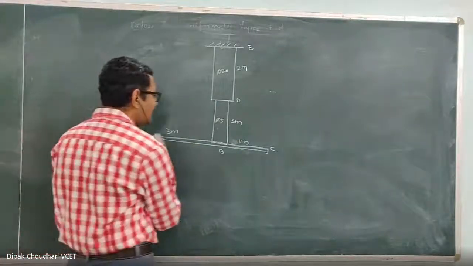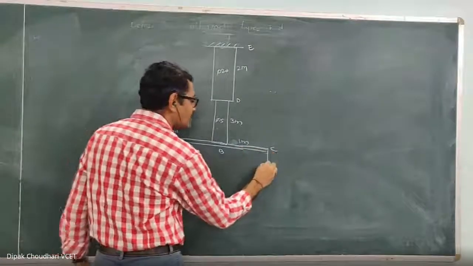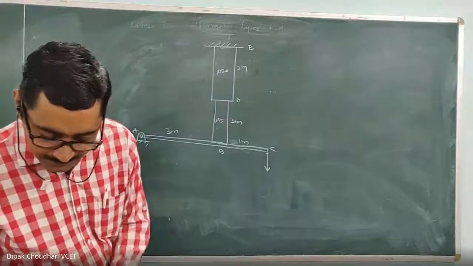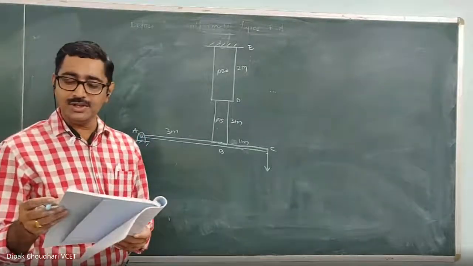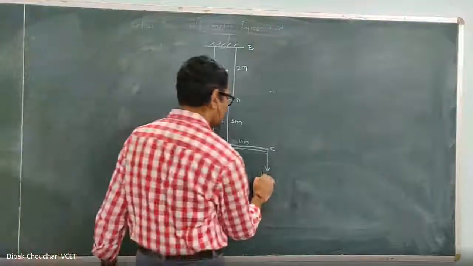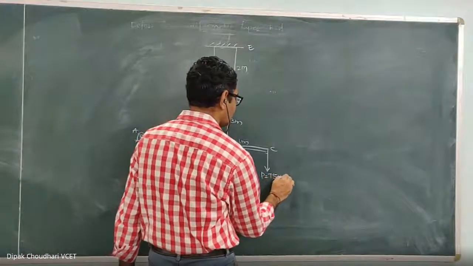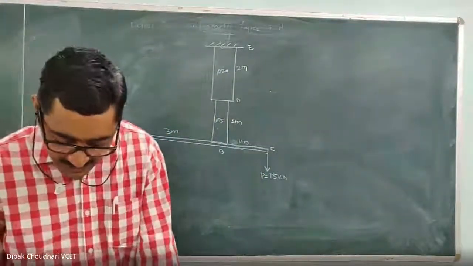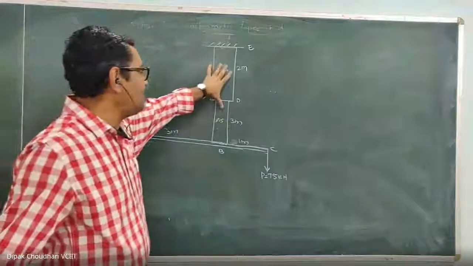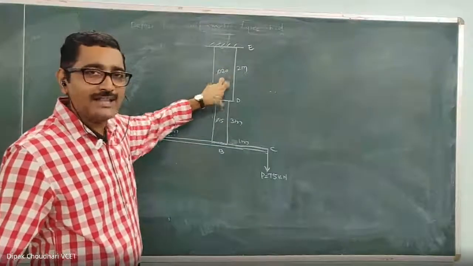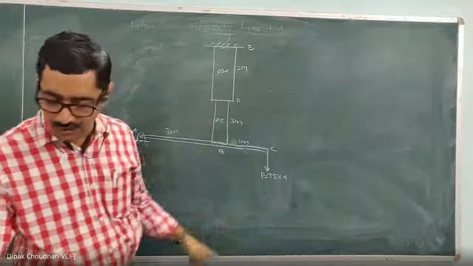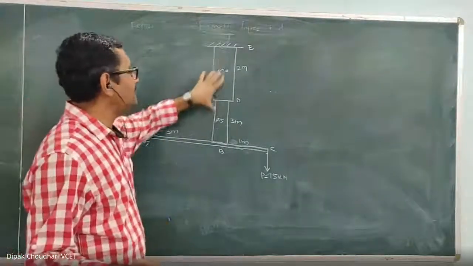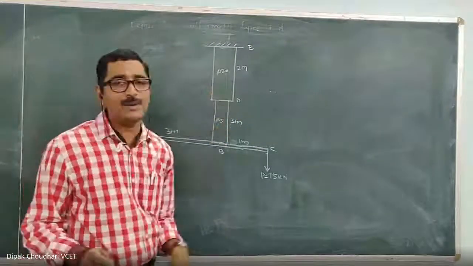In the sum, it is given that this rod is a rigid rod, and one external force P is applied at its free end, whose magnitude is 75 kilonewton. This P equals 75 kilonewton. Because of this 75 kilonewton, what do you have to find out? Determine A, the maximum stress developed in the member. How much is the maximum stress developed because of that 75 kilonewton force? And the total elongation of this member. You have to calculate the total deformation of this member because of the 75 kilonewton.